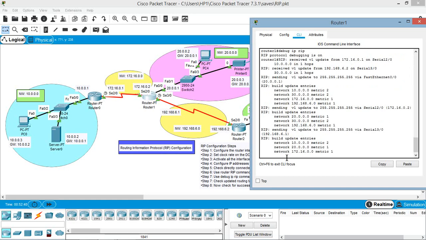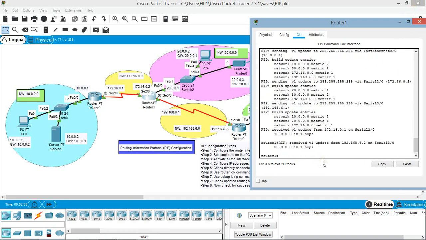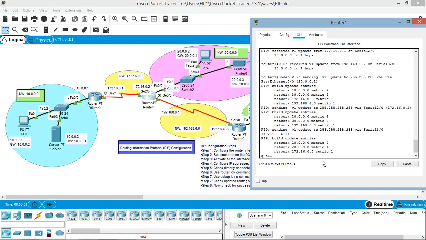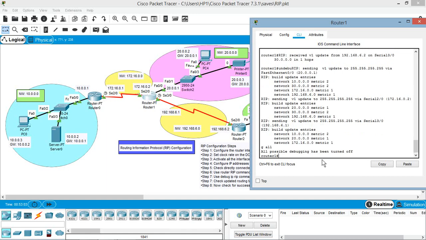So here you can see that router 1 can reach 10 dot network with a metric of 2, it can reach the network 20.0 with a metric of 1, and it can reach 172.16.0.0 network with a metric of 1. Now to stop these debug messages, I'll use the command undebug all. Otherwise, the debugging will go on continuously.